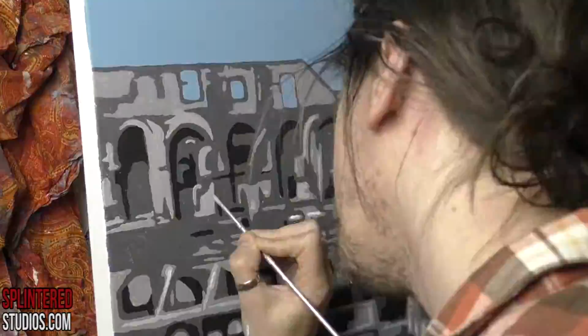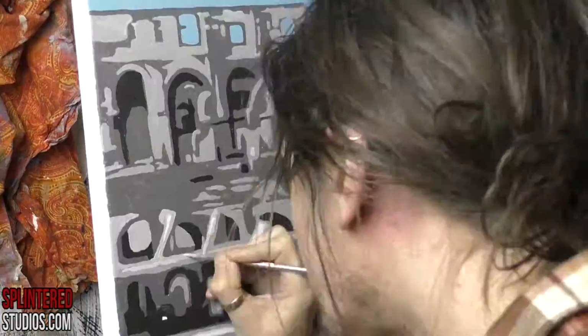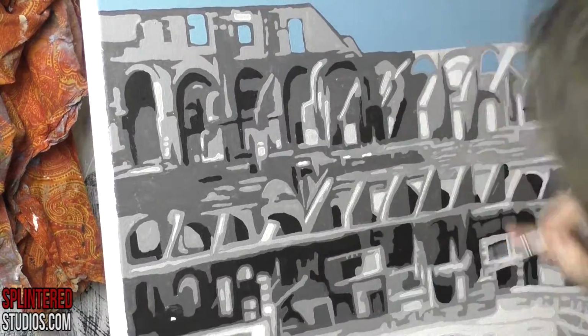It's so stupid, but so brilliant. Now I was completely happy with this beautiful shape, this beautiful composition that I had. Now we go back in and refine everything. So every rock, every crevice, every shadow, every highlight, I was now